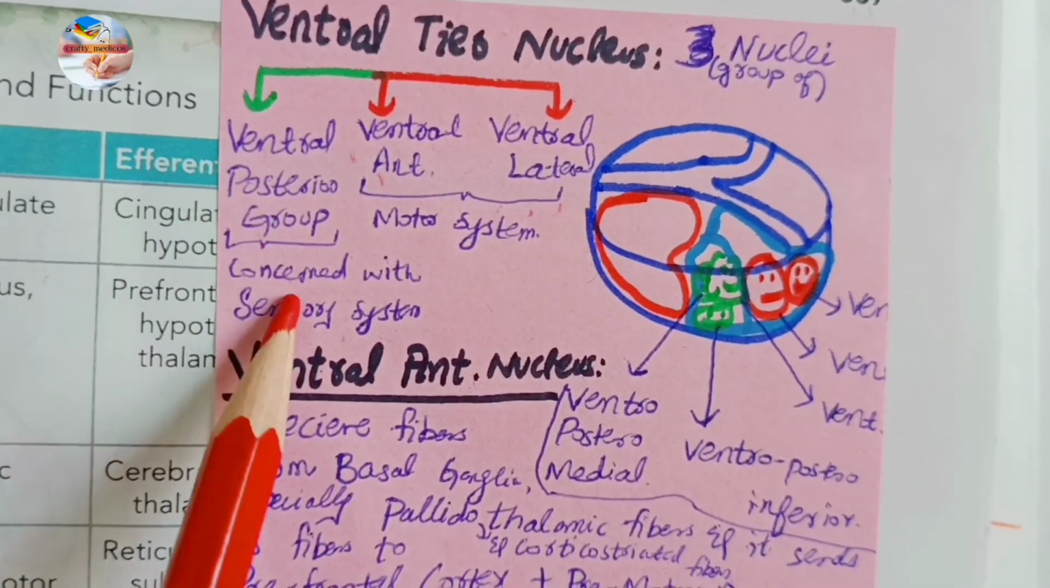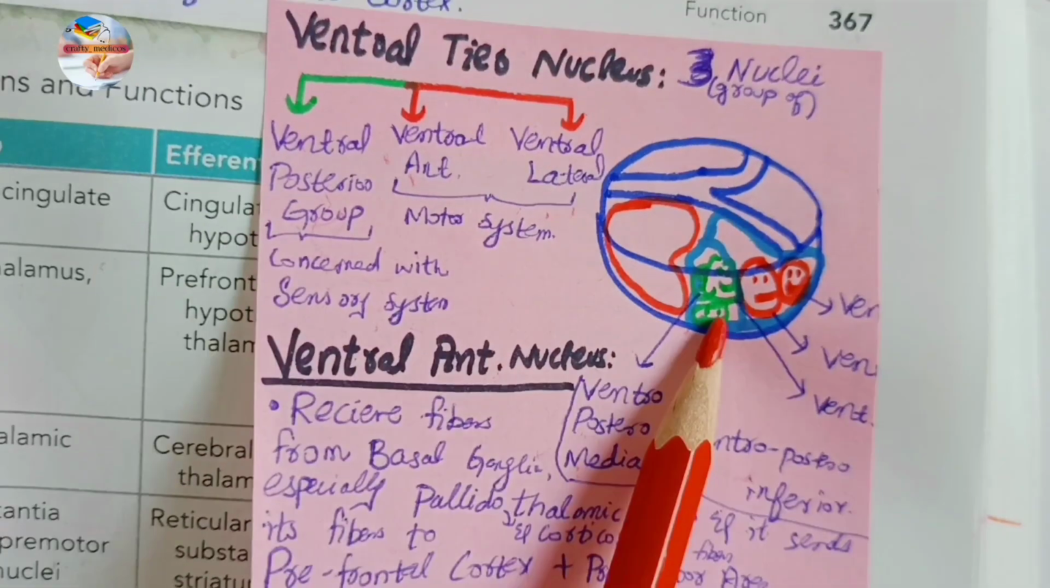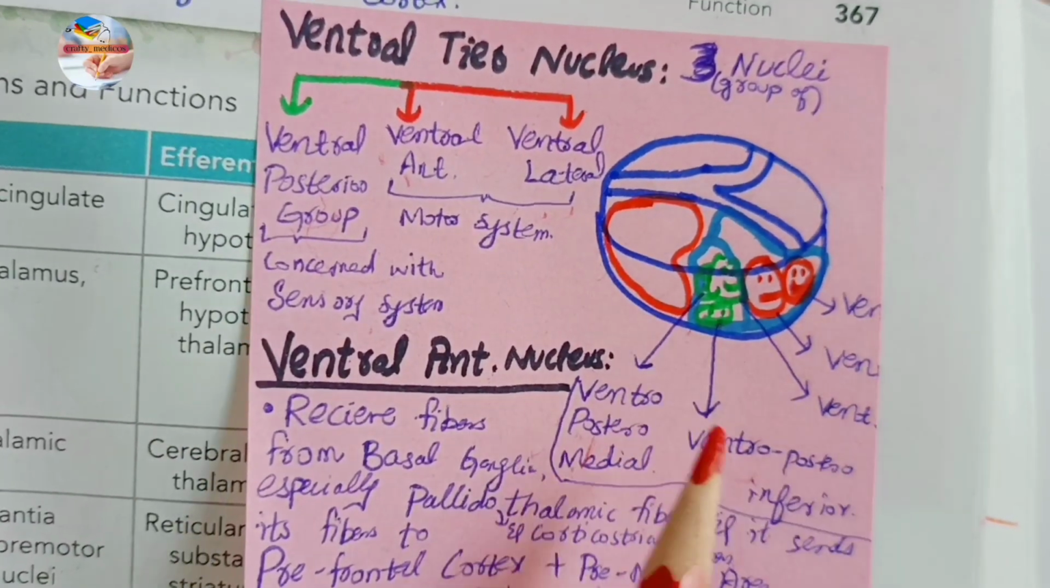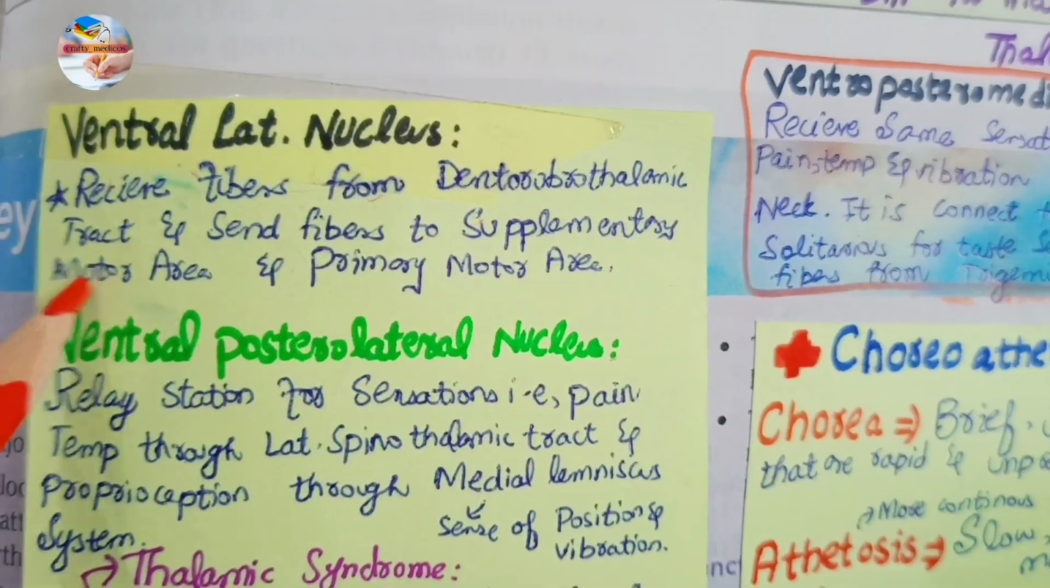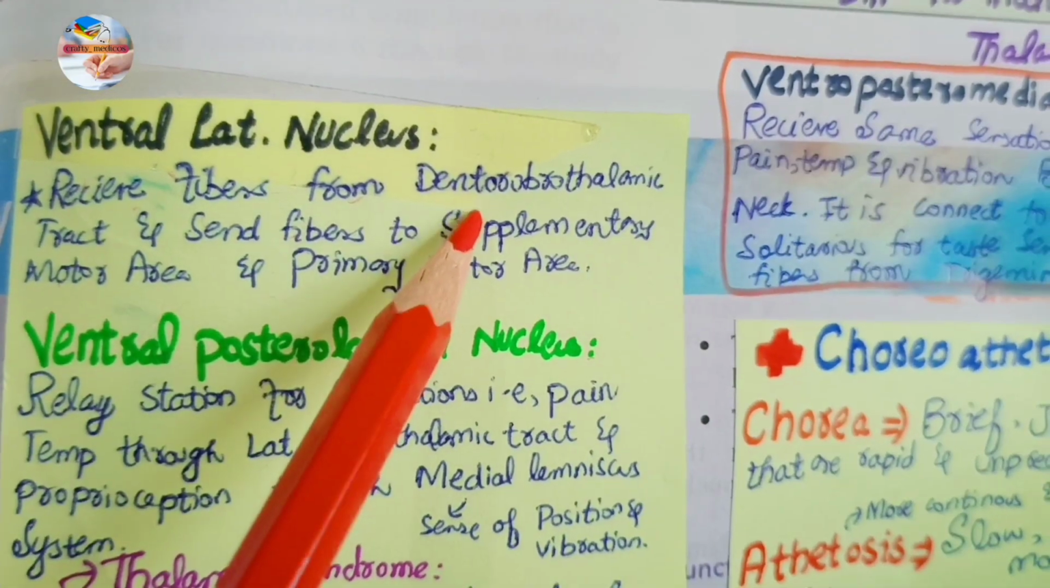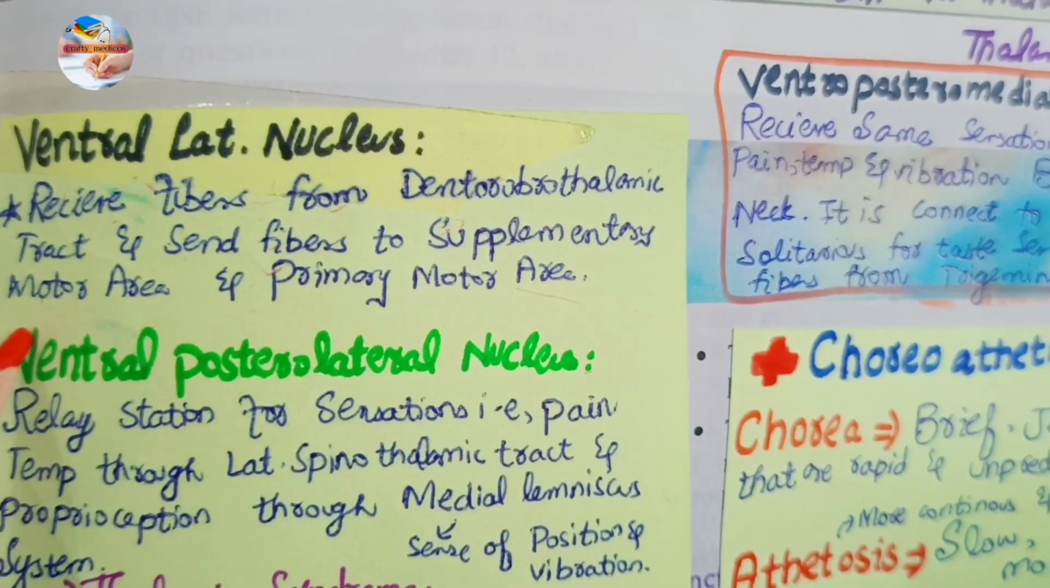And this ventral posterior group is further divided into three nuclei, which include the ventroposteromedial, ventroposteroinferior and the ventroposterolateral. First, let's discuss the ventral lateral nucleus. The ventral lateral nucleus receives the fibers from the dentatothalamic tract and sends its fibers to the supplementary motor area and